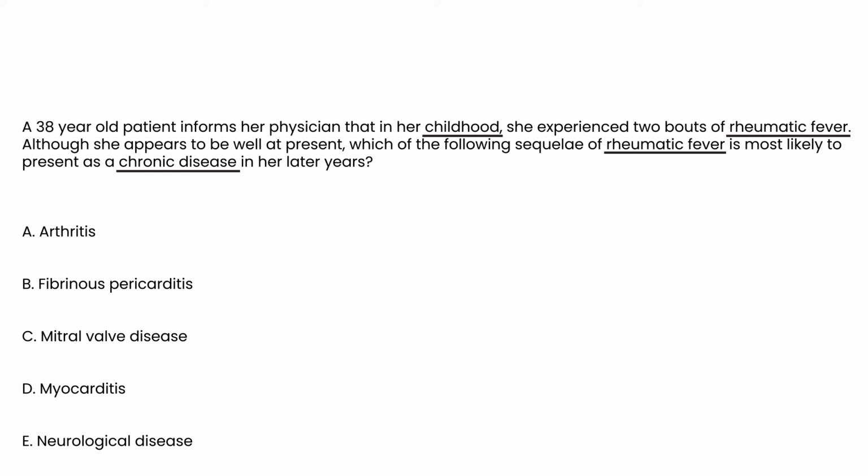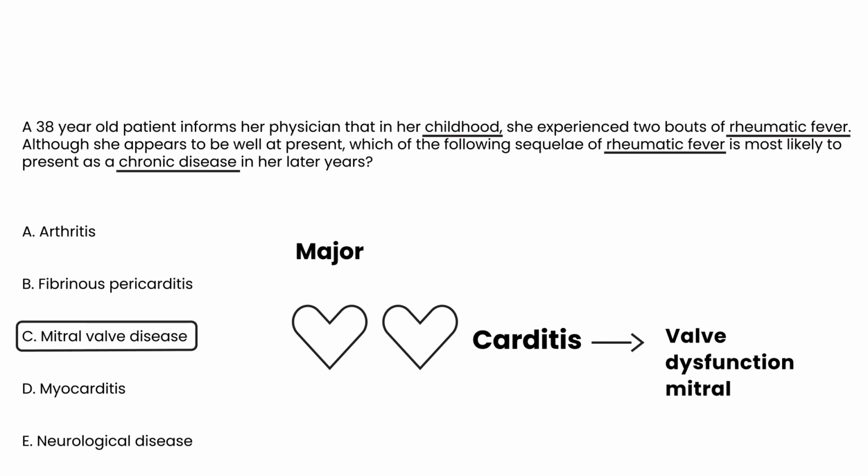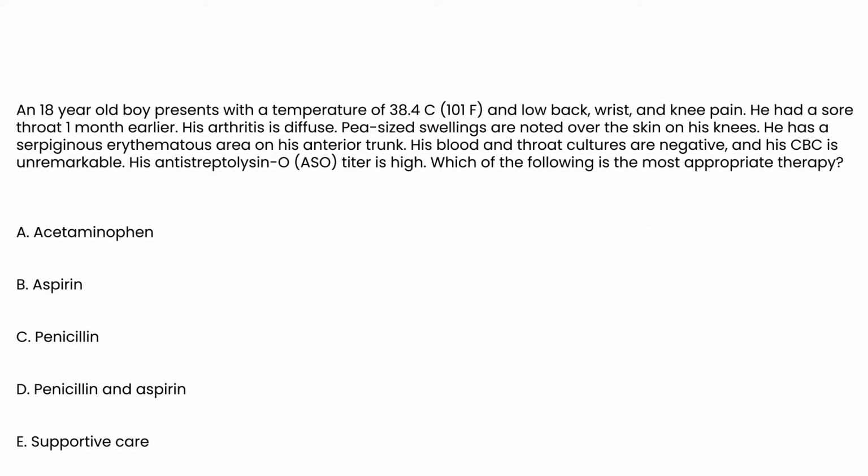If you remember the Jones criteria, in particular the major criteria, there was one in particular that leads to a chronic problem, and it had a heart in front of it, and that was carditis. And carditis later leads to valve dysfunction, and in particular the most common valve that's affected is the mitral valve. So mitral valve disease is the answer to this one. And then finally,